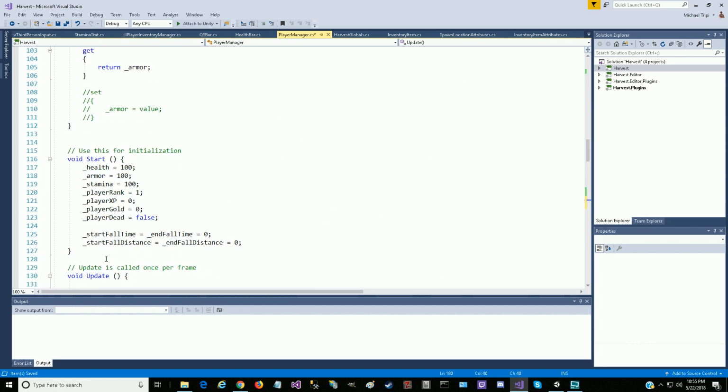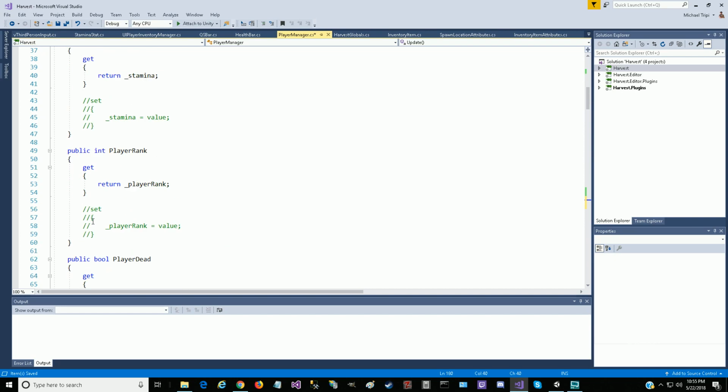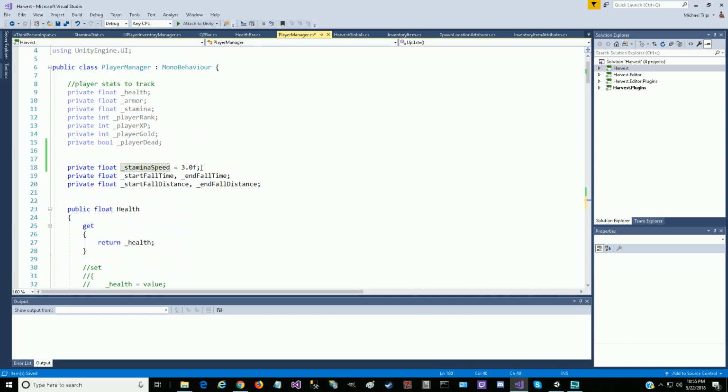Now I want to create another variable just so we can have a little more finer control of this. So we got the stamina speed. We're going to probably change that to